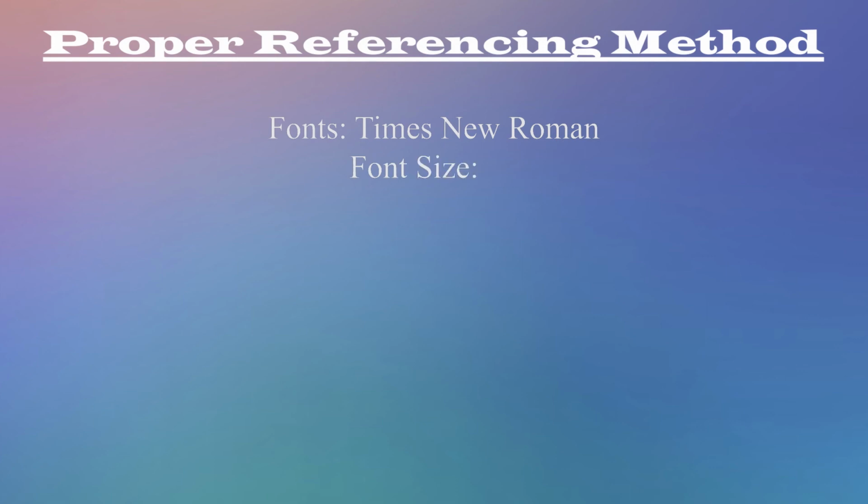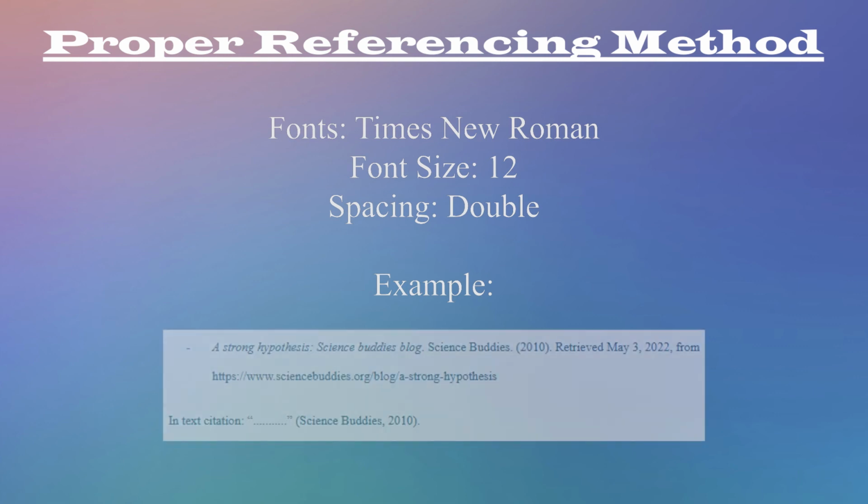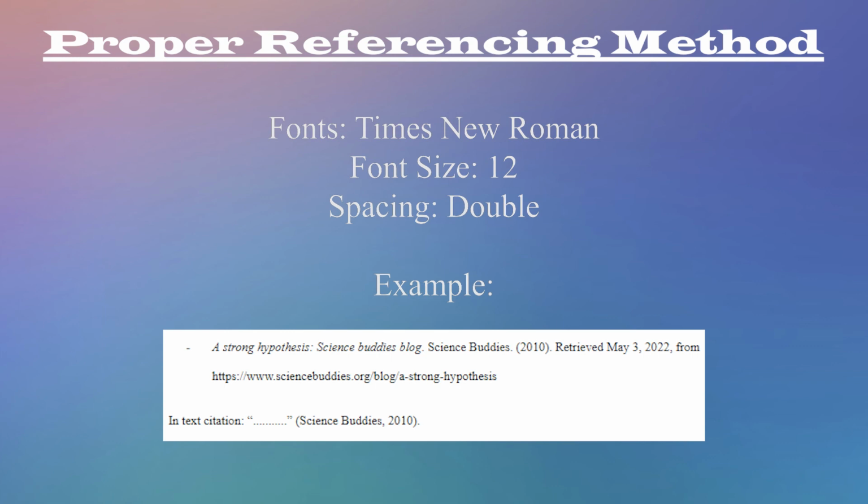Lastly is how to properly reference your lab report using APA format. Firstly, use Times New Roman for the font. The font size should be 12 and the spacing should be double. For example, here we have a properly referenced